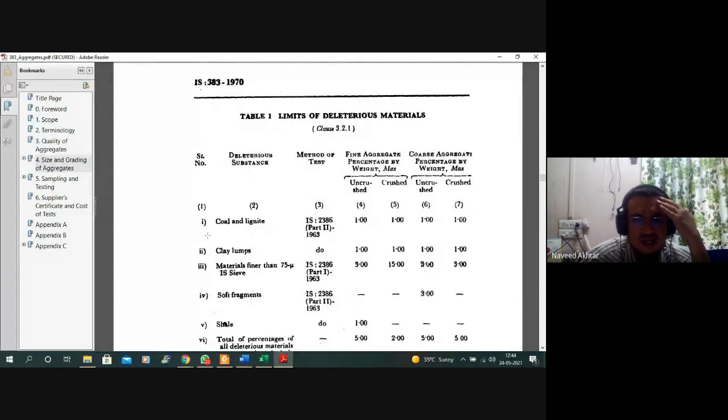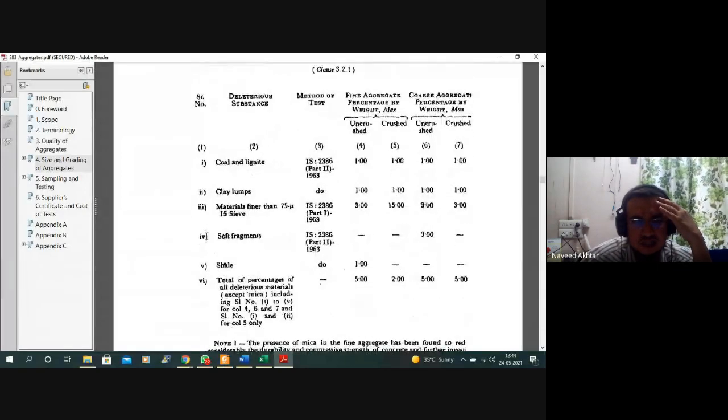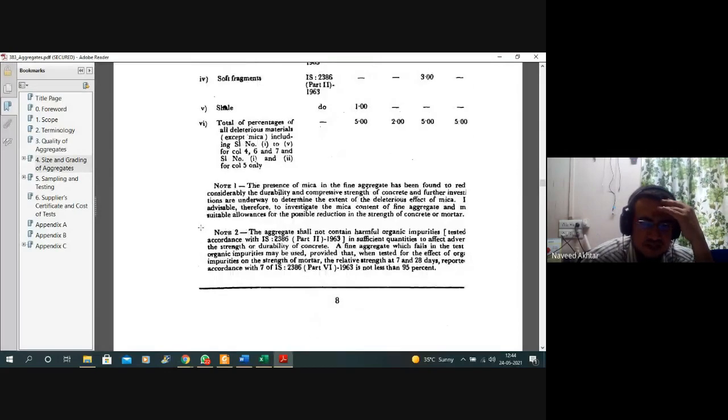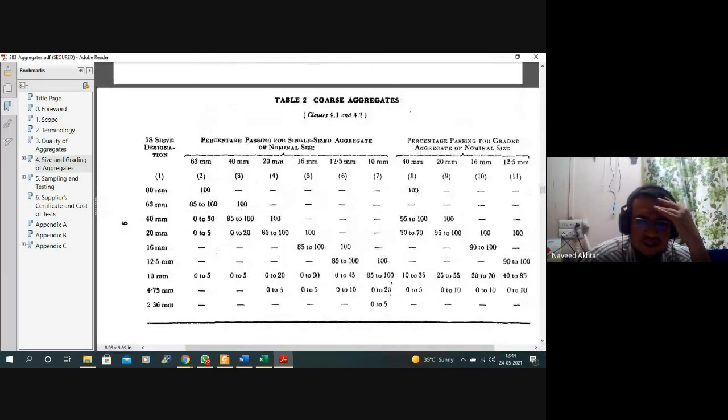And these are the tables giving some permissible limits of deleterious material in the aggregate. And then this table number 2 is based on the sieve sizes: 20 mm aggregate, 40 mm aggregate, 16 mm, 12.5 mm aggregate, percentage passing through single size aggregate or percentage passing through graded aggregate.